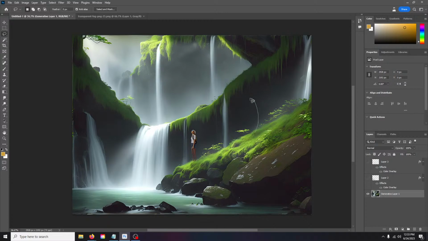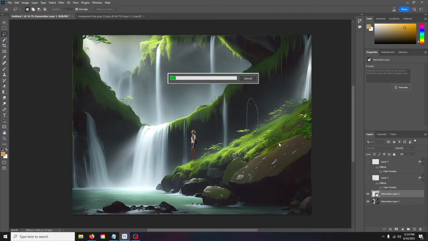Give it a space like that. It opens up, and you have a generative fill button here, and then I just typed, an explorer looking up at the amazing view, and hit generate, and it'll generate 3 different options,